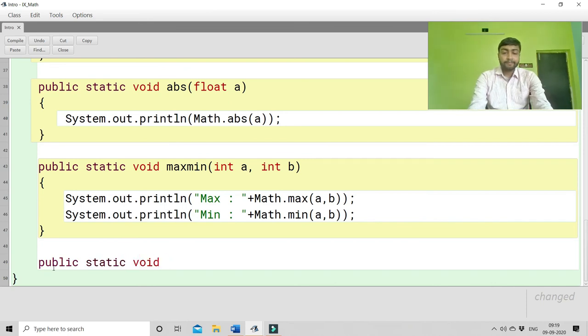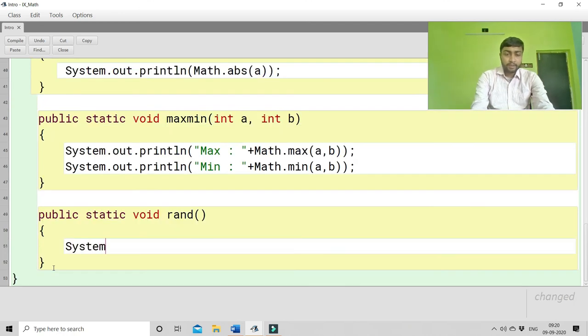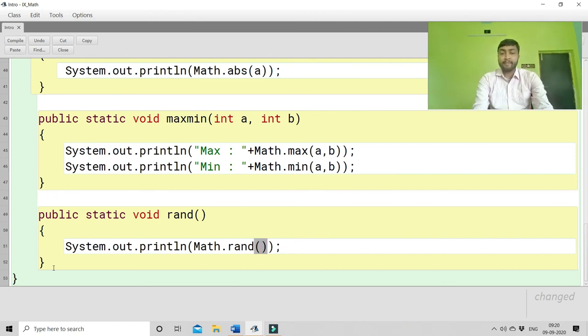Maybe it's a random function, and I have given it the name rand. I'll not take anything first, and here I'll write System.out.println and Math.random. Always write the M in Math in capital, otherwise it will not work. So if you write Math.random,